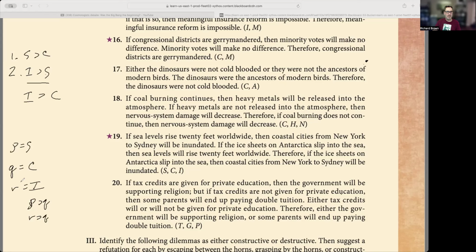R, sorry, it doesn't say R horseshoe Q, does it? No, it says R horseshoe P. So the second premise says R, which is I, horseshoe P, which is S. And then the conclusion of this would be I, which we're taking to be R, horseshoeing C, which we're taking to be the Q term. So now, if you did it this way,